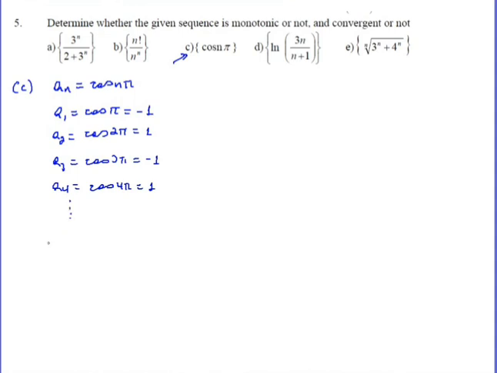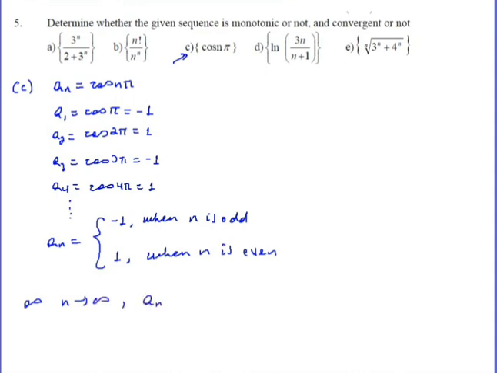so we can see that the nth term in this sequence becomes -1 when n is odd, and odd ሲሆን -1 ይሆናል። አለበለዚያ ተርሙ +1 ይሆናል። መቼ? when n is even. okay, so as n approaches infinity, the nth term will be either -1 or +1. so unique የሆነ number አይኖረውም ማለት ነው። therefore the sequence cos n pi is not convergent አይደለም። and sequence convergent ከሆነ ወደ unique ወደ ሆነ number ነው approach ማድረግ ያለበት፣ convergent አይደለም ማለት ነው።